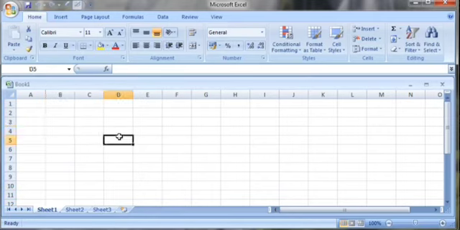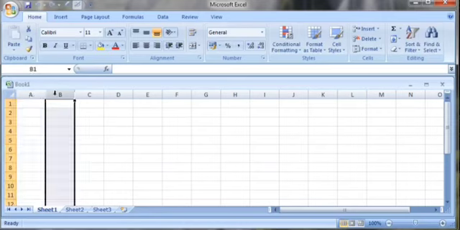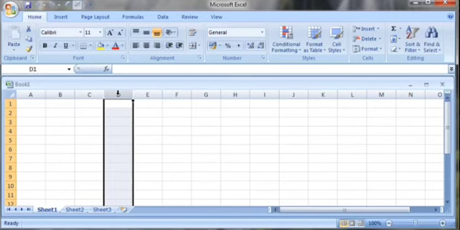Since there are many rows and columns, to identify individual row and columns, columns are given names as A, B, C, D, Z, AA, AB. This continues up to XFD. When you count, there are 16,384 columns.